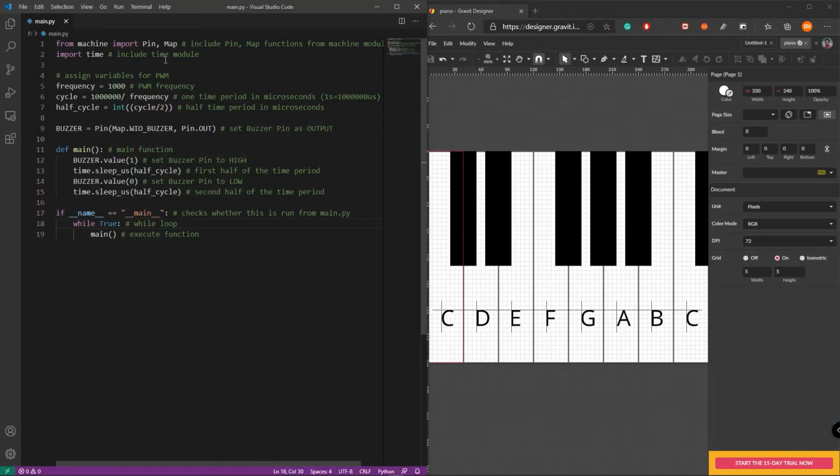So let's go back again to the main.py file and let's add here as LCD, because we will be using the LCD function from the machine module. And let's change this function to buzz, and that will be the function to generate buzzer sound with desired frequency. So we will add frequency here.